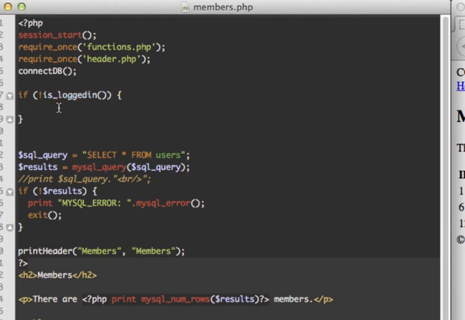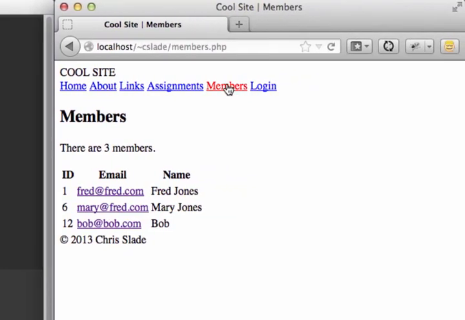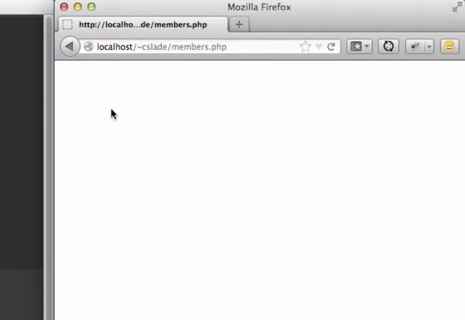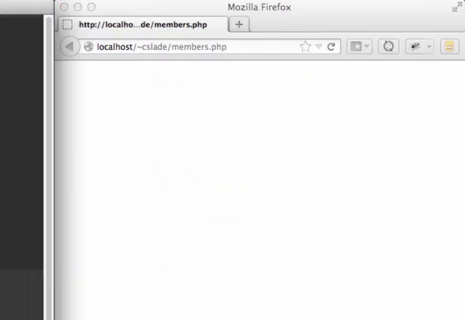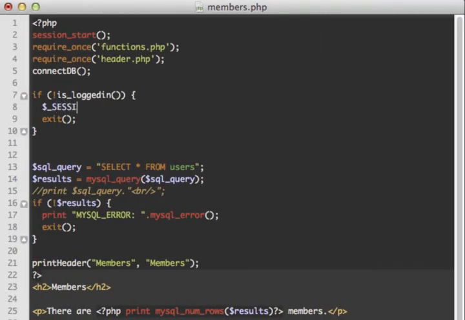Then we want to make sure they don't get the rest of this page. So one thing that we can do is exit, and that'll quit the script right here. And if I check that, when I go to the members page, then we don't get anything right here. Now instead of just giving them an empty page, let's go ahead and just redirect them